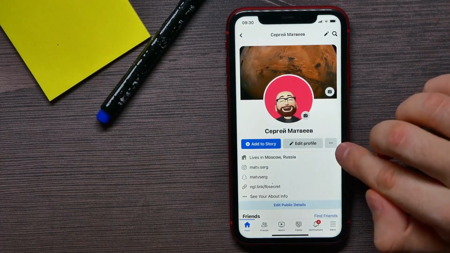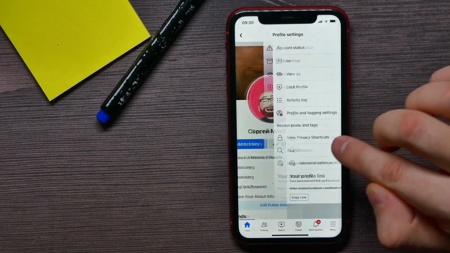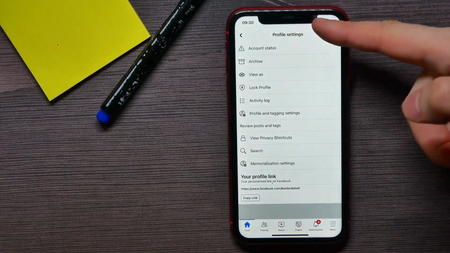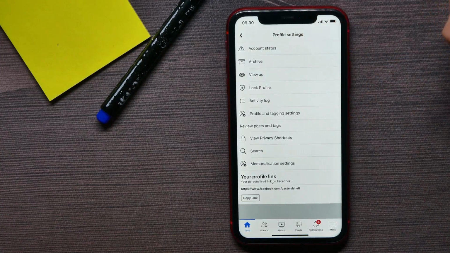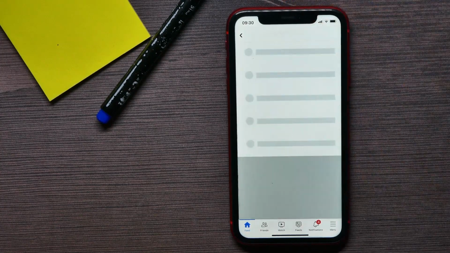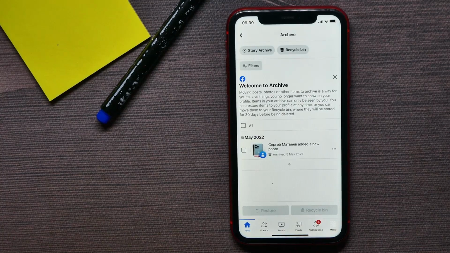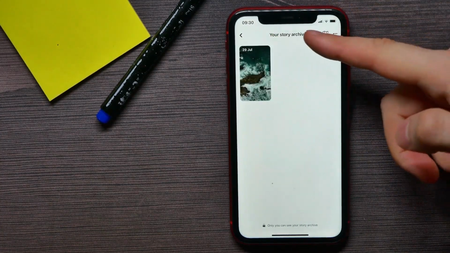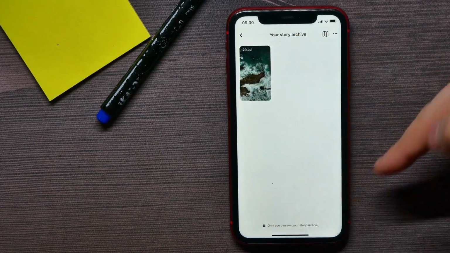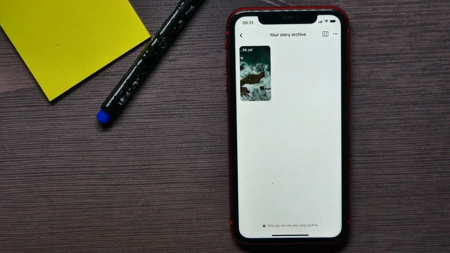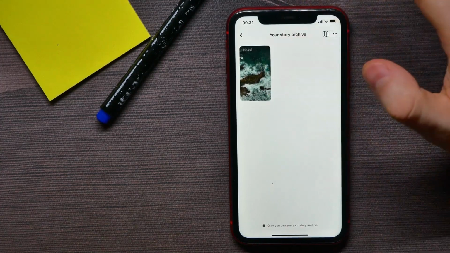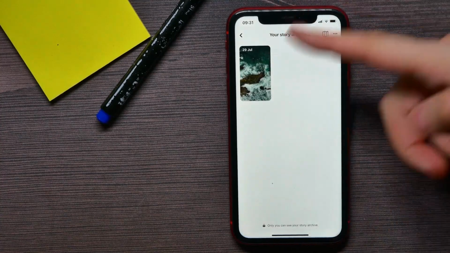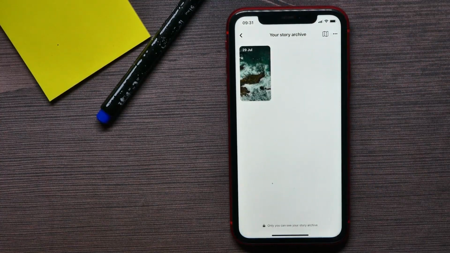Now, there, tap this three dots icon to open up your profile settings and here get into archive. Now there you can tap story archive to get the list of all your stories that were published at your profile. I got just one here, and now you can watch all those stories and you can interact with